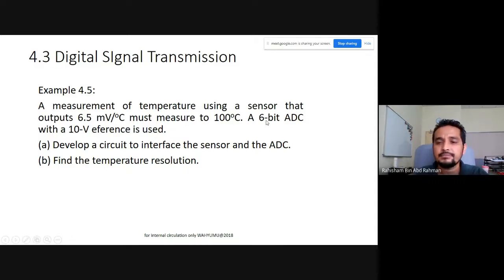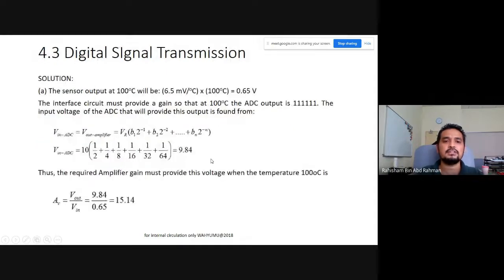Okay, it says here a 6-bit ADC. It's mentioned clearly, a 6-bit ADC with a 10-volt reference is used. So we use a 6-bit ADC and 10 volts. Develop a circuit to interface the sensor and the ADC, and find the temperature resolution. Okay, what we need to do now,